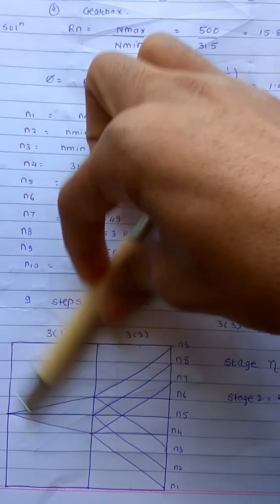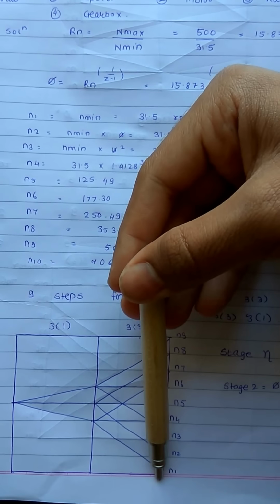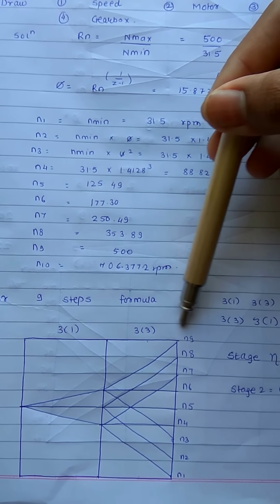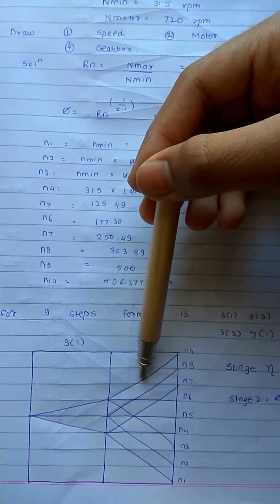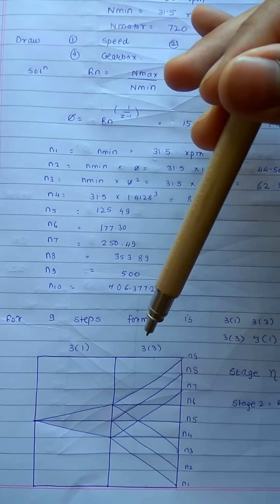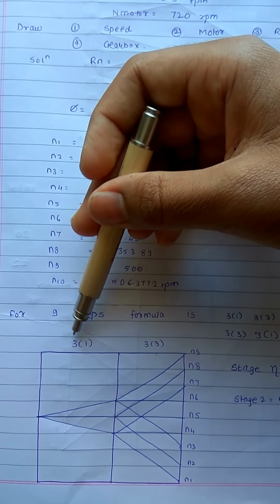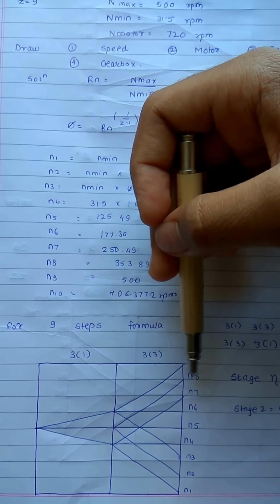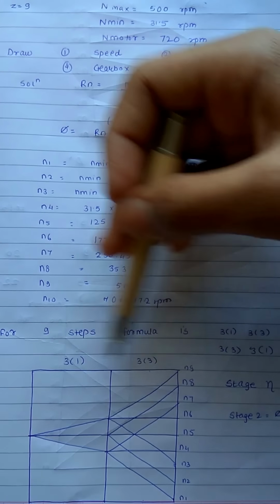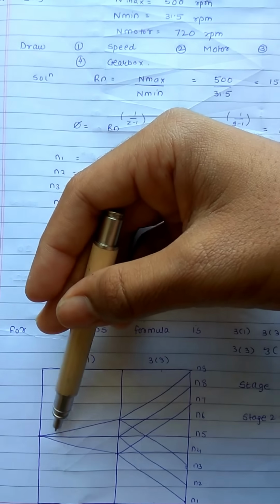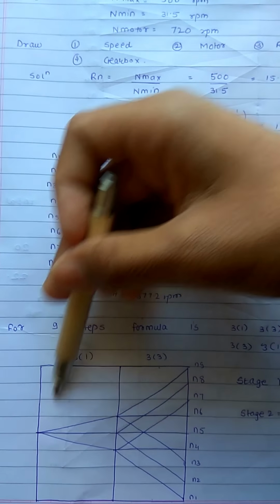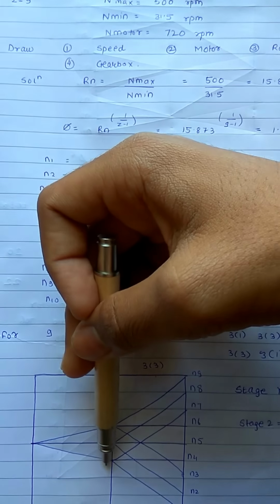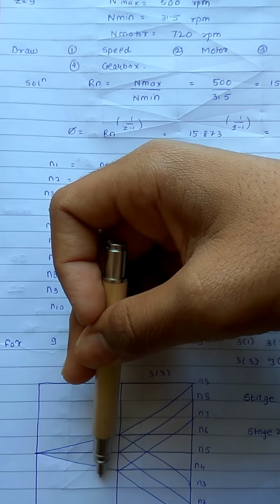Let's see how to draw the structural diagram. The speed steps are known, N1 to N9. I have not drawn the motor diagram or the motor shaft so as not to confuse you. This is the 2-step 9-speed structural diagram for 3-1 and 3-3. First, drawing 3 lines with a space of 1. As I told you in the last video, if you may have noticed, for odd numbers we get it on the line, for even numbers we get it in the middle. So taking the average or the middle value, we draw 3 lines with a gap of 1. So 1 and 1, we drew 3 lines.